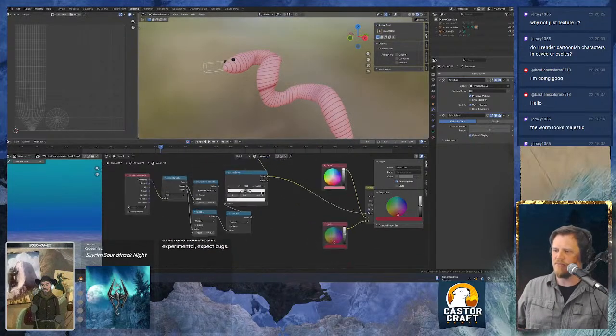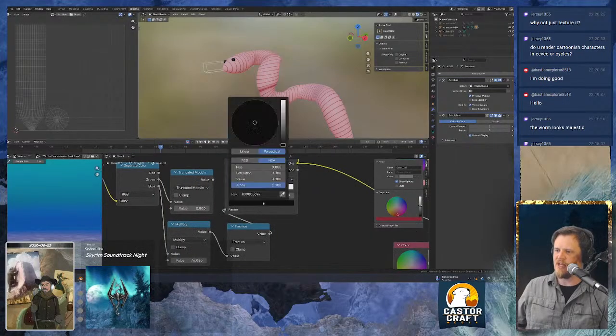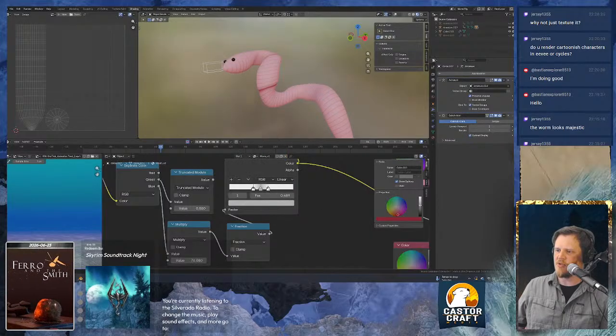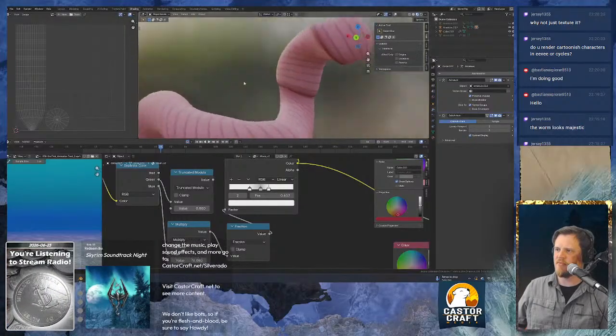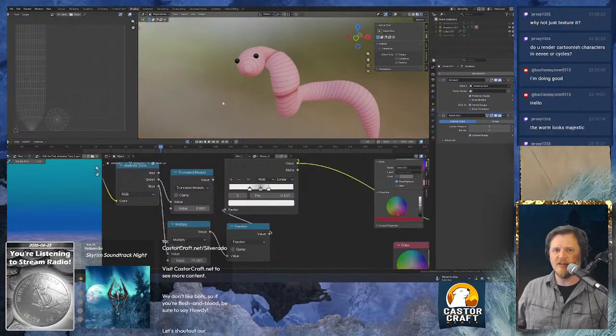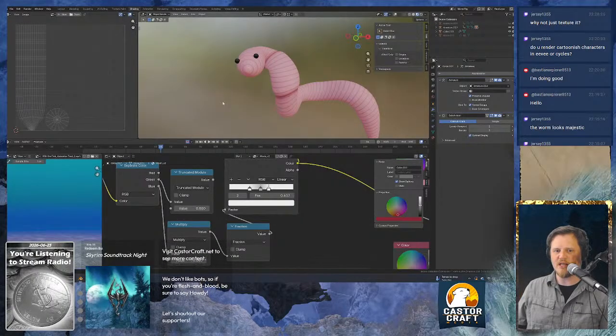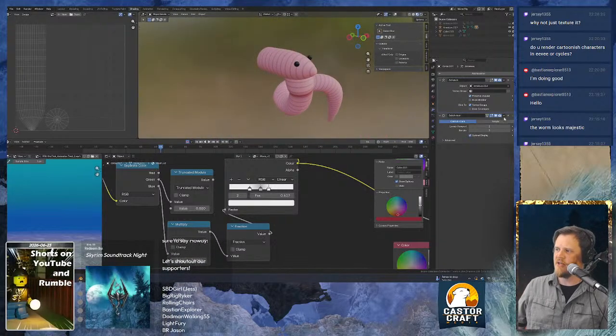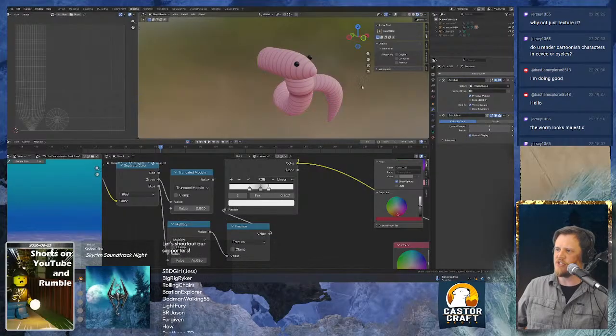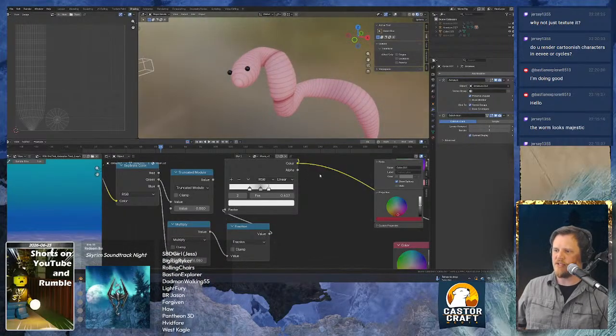So let's go down here and I want to grab this and we're just going to decrease its power a little bit. And we're going to spread that out a little bit so it doesn't feel so tight. All right, so now this looks pretty close to what I wanted to see here. Let's do one more thing here. All right, so we have a subdivision on this character. Let's increase the subdivision, and now let's